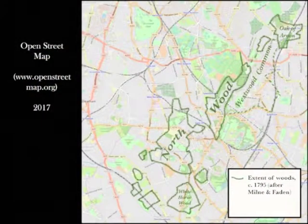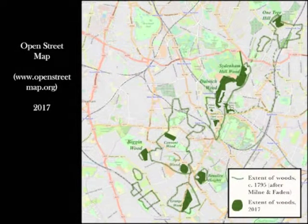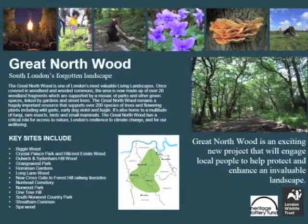Superimposing the former extent of the Great North Wood onto a modern map, we see how much of what is now suburbia was still covered by trees in the late 18th century. Several remnants survive today, from One Tree Hill in Honour Oak to Grangewood Park in Norwood, the largest being Dulwich and Sydenham Hill Woods. In June 2017, the London Wildlife Trust was awarded a grant from the Heritage Lottery Fund